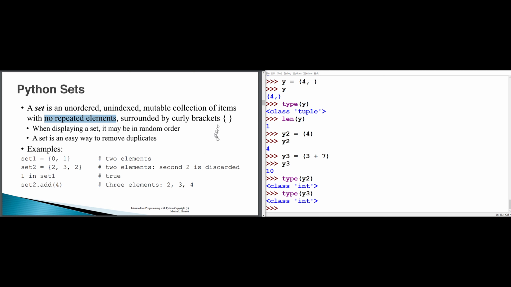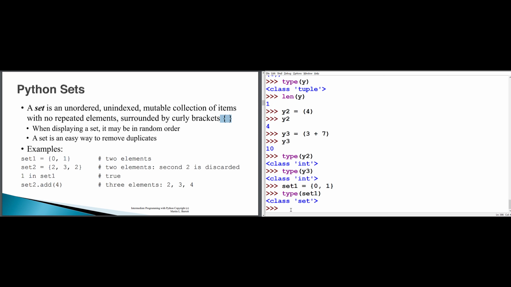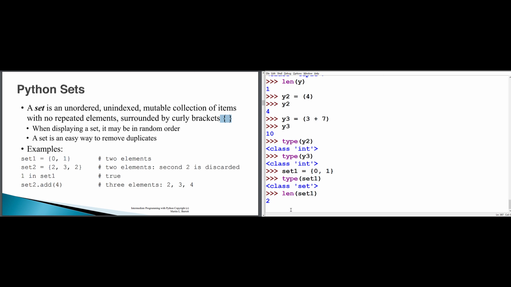To create a set, in the same way that we would create a list with square brackets or a tuple with parentheses, we instead use the curly braces. So here I'm saying set1 gets curly brace 0, 1. Now I have a set that has 2 values in it,